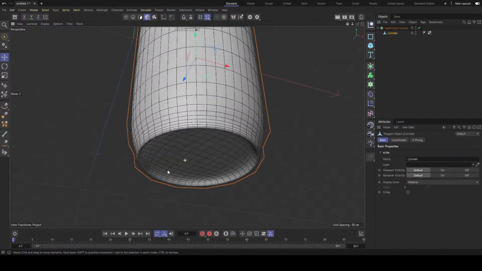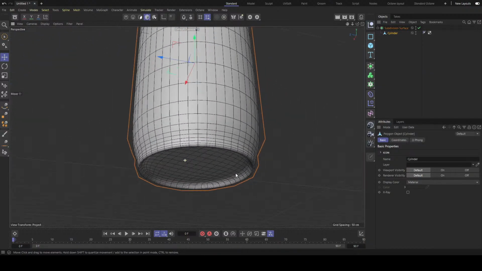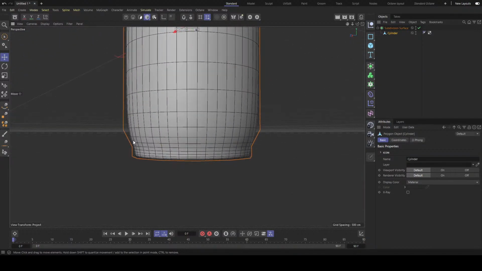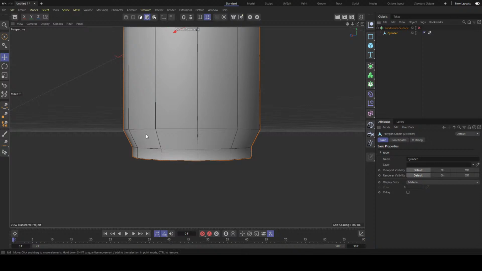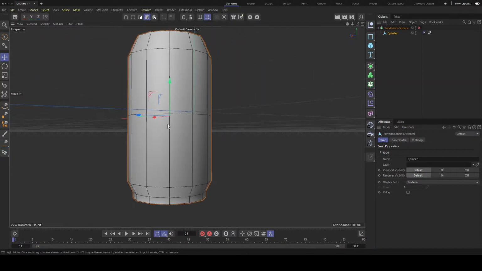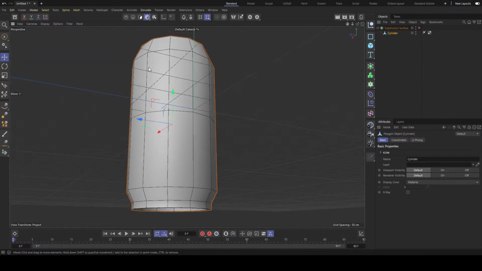So already off the back it is beginning to give us that nice look. But of course the can is looking pretty funny here. It's meant to be a bit more defined here. So I'm going to come back. Those are some of the details you add as you go. All right, so we could